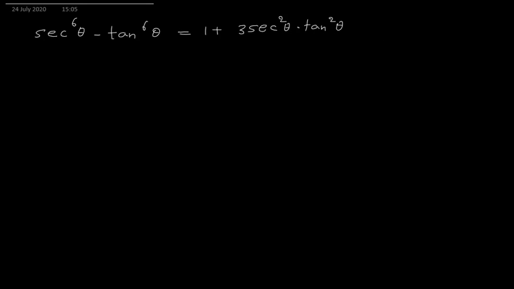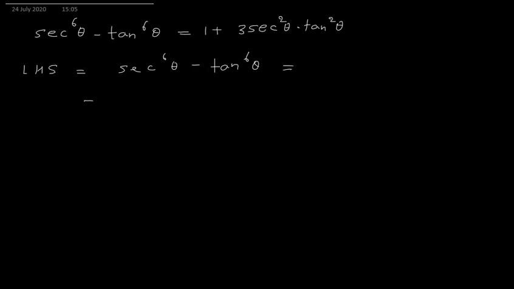sec theta minus tan theta power 6 equal to 1 plus 3 sec square theta into tan square theta. Now here, as we know that sec square theta minus tan square theta is 1, so what we will do, we will write this sec power 6, that is left hand side. So I will start with left hand side. LHS is equals to sec power 6 theta minus tan power 6 theta is equals to,